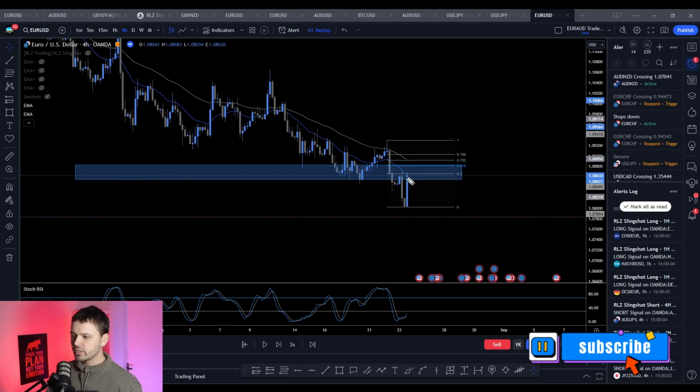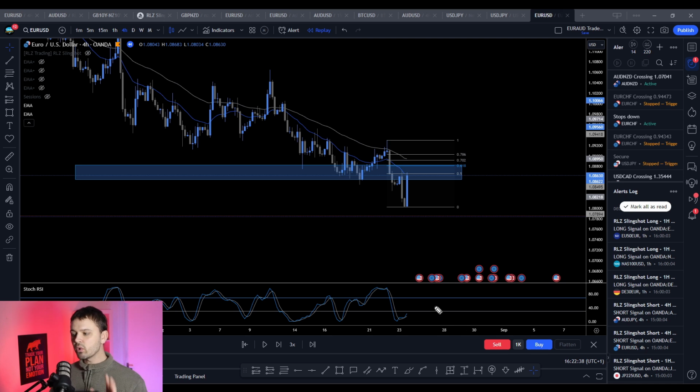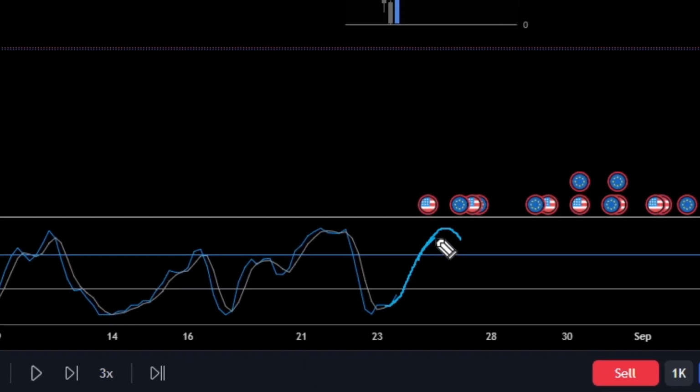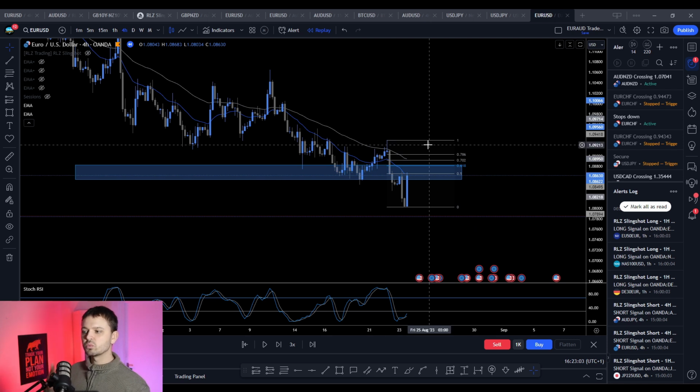Any type of reaction inside this area, any type of bearish reaction, would want me to go short. But then we have the stochastic RSI as well. We want to make sure that we only short if the stochastic RSI is above 70, and we only look for longs if the stochastic RSI is below 30. In this case, we want to see stochastics come up here and preferably also give us a bear cross and a rounded top. And inside the area where we are looking for a rejection, the perfect entry trigger would be a bearish engulfing candle. Now there are different entry techniques you can use here, but I want to give you the overall approach, and then in later videos I'm going to give you the more